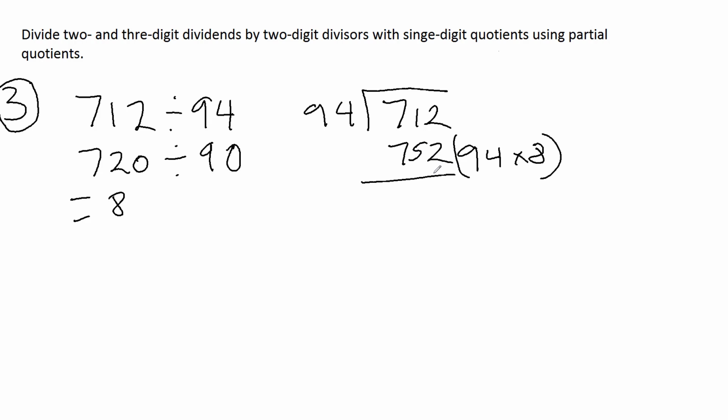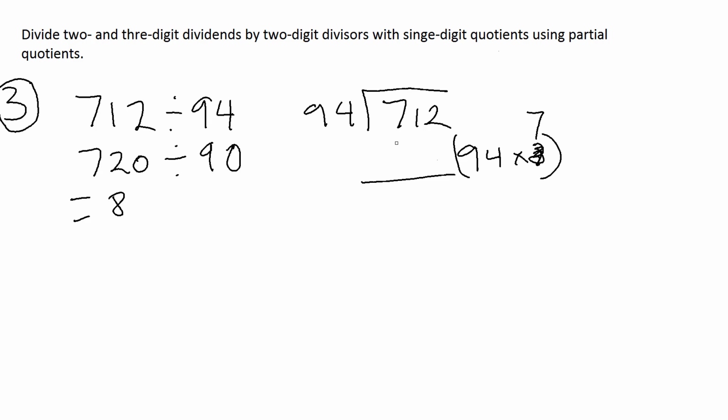752. So right away I can look at that and say it's not going to work because I can't subtract more than what I'm starting with. So 8 is not going to work, and so now we're going to have to adjust and go with 7. So we're going to cross out our 8, go back to 7, and now let's try again. 7 times 90 is 630, and 7 times 4 is 28. 630 plus 28